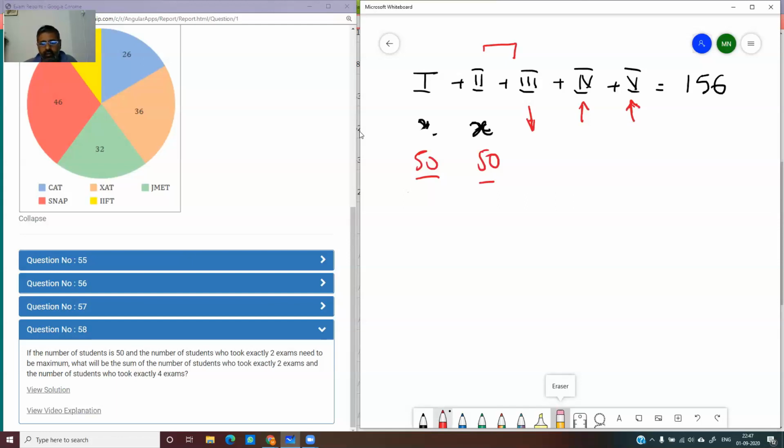And 50-50 is over. So which means what? 100 is over. So remaining is 56. And 56 will have to be divided among these 3, isn't it? Will have to be divided among these 3 in such a way that you do not have a problem. So now let's start putting it. You know there's a constraint. This cannot go beyond 16, isn't it? The maximum value possible is 16. I think you're okay with that. We are taking maximum values for both these and the minimum value. Maximum value here is 16. You cannot go beyond that.